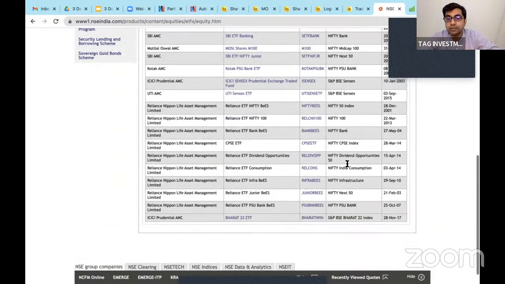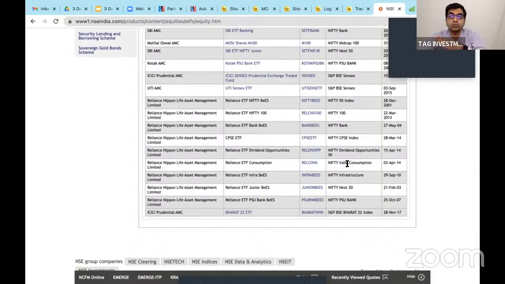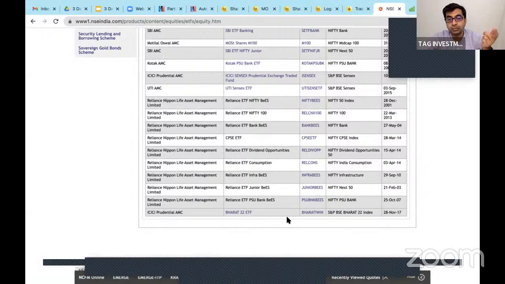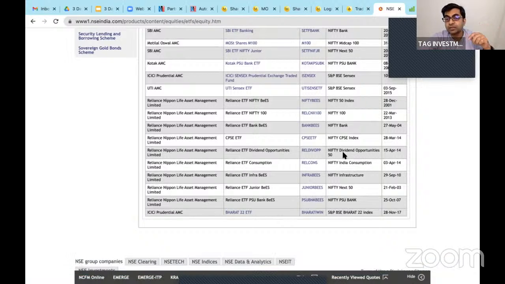If you want to buy, say, Junior Bees, the next 50, 51 to 100, that's called Junior Bees. If you want to buy stocks belonging to the PSU sector, bank sector, you can buy the PSU Bank Bees. If you want to buy the Junior Bees, which I told you, between 51 to 100 stocks of India, you can buy the Junior Bees. Similarly, Infra Bees. If you want to buy dividend, which gives you good dividend opportunities, you can buy the Reliance